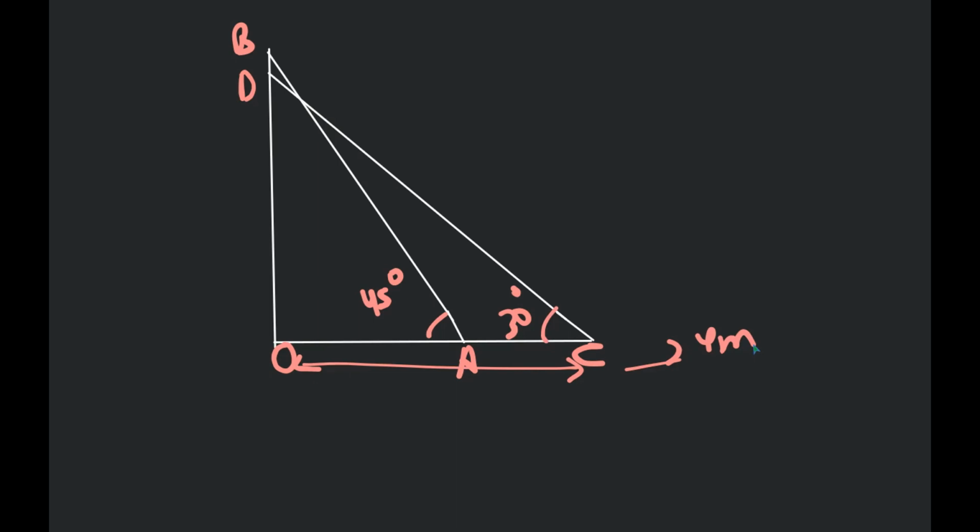And we have to find the final height, with the AC distance of 4 meters down the wall, right? Isn't AC 4 meters? The AC should be 4 meters, right? Instead of OC. Yeah. Okay. And it is given that the top slides a distance of 3 meters. Okay, and we have to